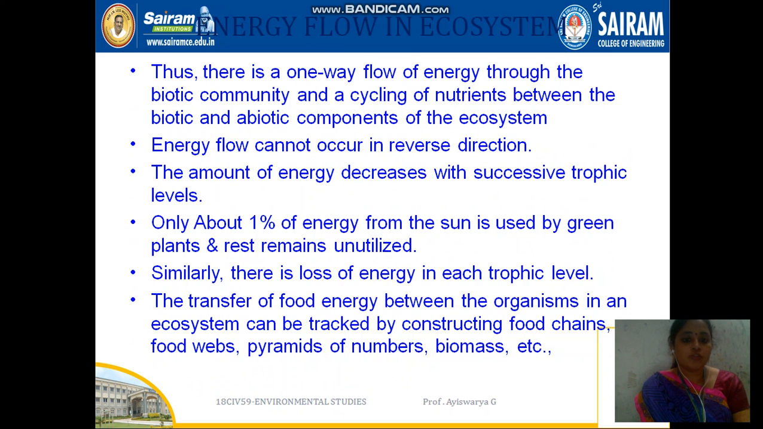And this energy flow keeps on transferring from the biotic community to the abiotic community. And energy flow will not happen in the reverse manner, right? Because the beginning is solar energy. From solar energy everything will be happening. Only about 1% of the energy in the sun is actually used by green plants. Other than that, it is unutilized. There are losses of energy in the trophic levels, and the food energy is being transferred from organisms, like food